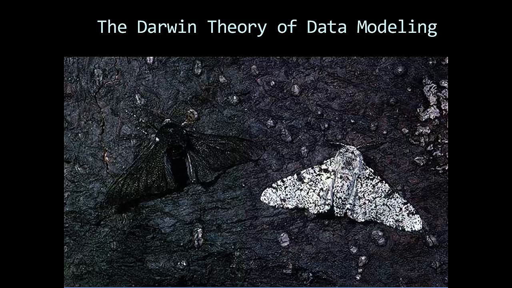Before we talk about the future of data modeling, let's go back in time, back to the year 1859. Charles Darwin's book, The Origin of Species, was just released. And in this book, he talks about a really controversial topic, the theory of natural selection. He puts in this book that really the way species survive through generations and generations is by adapting to their environment.